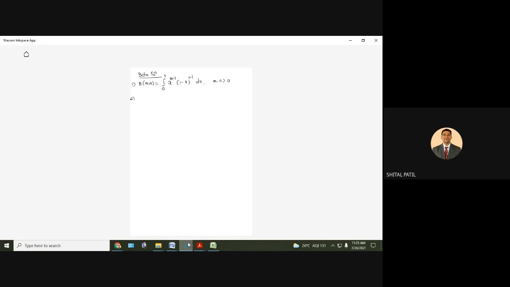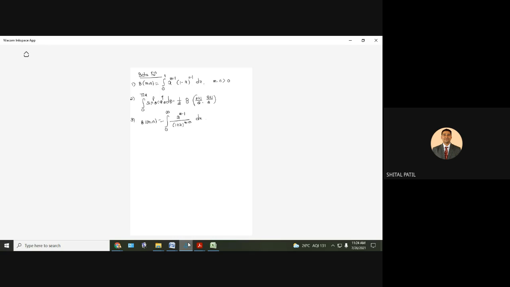Then we can write the beta function in this form also. Integral from 0 to pi by 2 of sin raised to p theta cos raised to q theta d theta. That is equal to half beta of, very important formula, (p plus 1) by 2, (q plus 1) by 2. Okay, then the third form of the beta function is like this. Beta(m, n) equal to the integration from 0 to infinity of x raised to m minus 1 divided by (1 plus x) raised to m plus n dx. Right, these are the three different ways in which we can write the beta function.